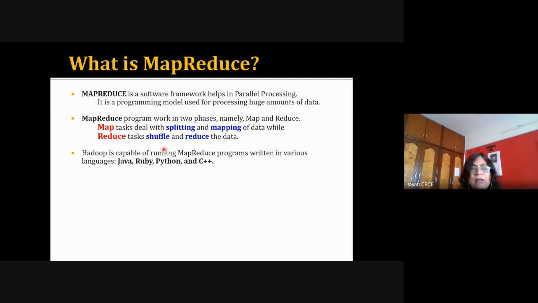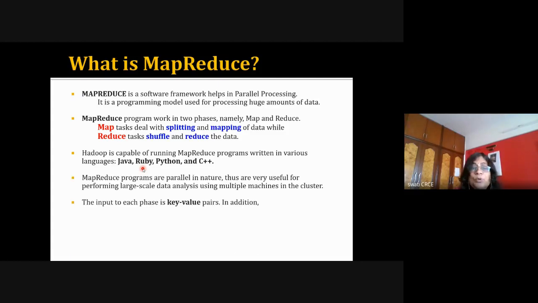Okay. So we can use these languages, Java, Python, C++, Ruby, to write these MapReduce programs. Otherwise, if we are using the tools which we have seen in the ecosystem, like Hive, then Hive is going to convert everything into MapReduce. But we are going to use Hive as a tool, so we don't write MapReduce programs in that case. We write Hive commands, and those commands are internally executed by the Hive compiler into mapper and reducer. But right now I'm talking about only MapReduce, which you can program using Python and Java. That's a famous language.